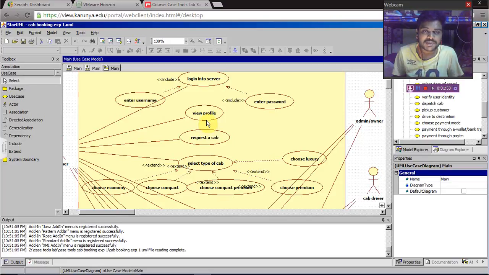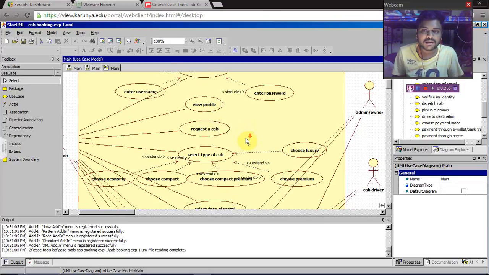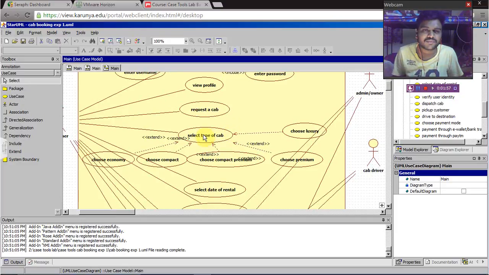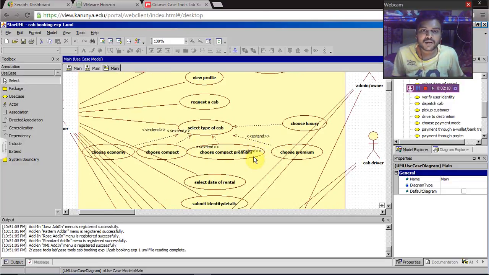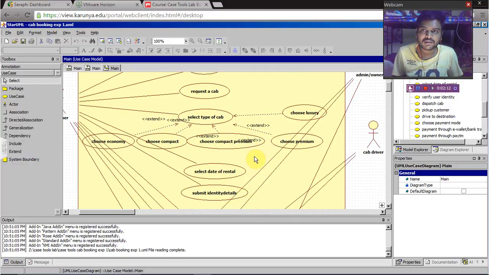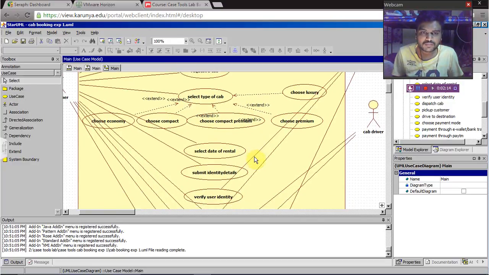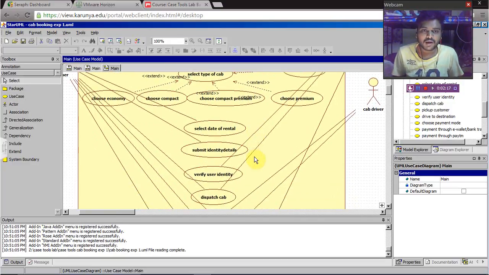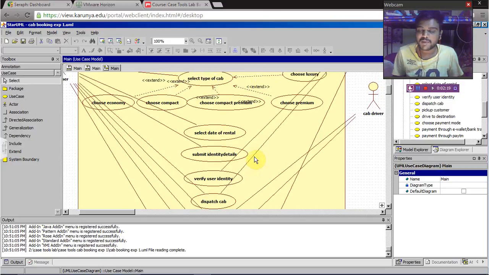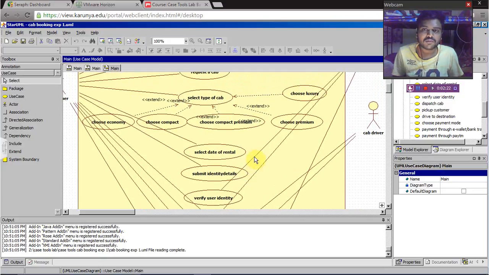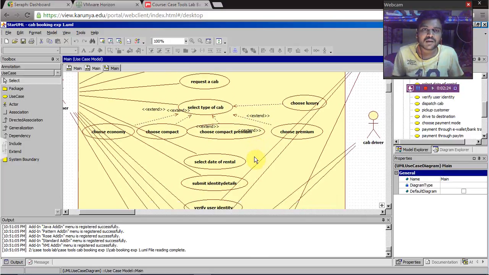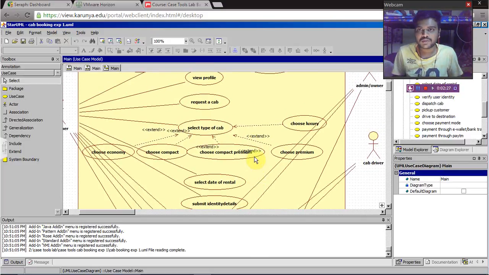He can view, request a cab, select the type of cab, and for the selection of cab, he can choose his priority. I mean his choice among types such as economy, compact, premium, and luxury. And he can select the date of rental, the destination where he wants to visit, and other things, payment modes, etc. And the main functionality of an admin is he should authenticate the user first, based on